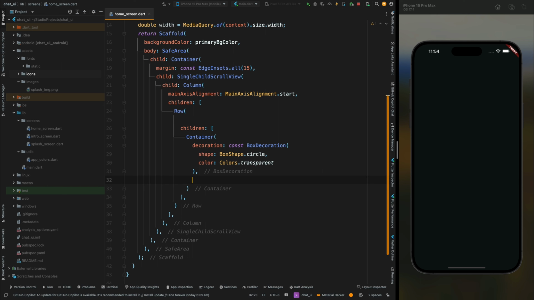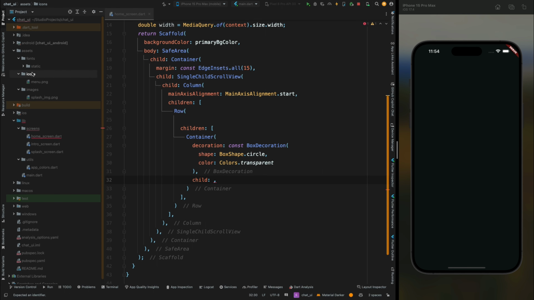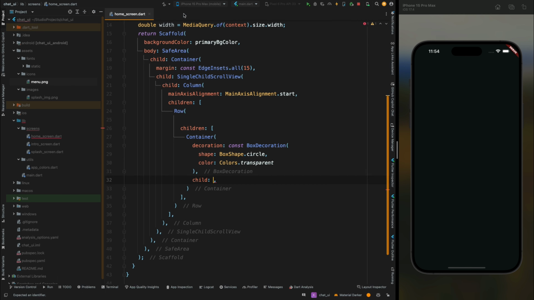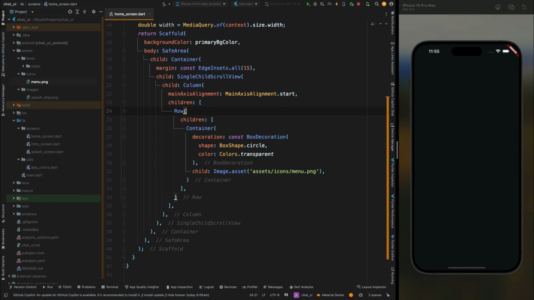Then here let's add the child for this. So this is going to be a menu icon, but we are not going to use the default material icon. Instead of this, I have added this icon image inside my icons folder. Okay, so now close this icon, then here add the image.asset, then the path of icon in my case is asset/icon/menu png. Okay, now if you save the code, then you can see our icon has appeared on the screen,